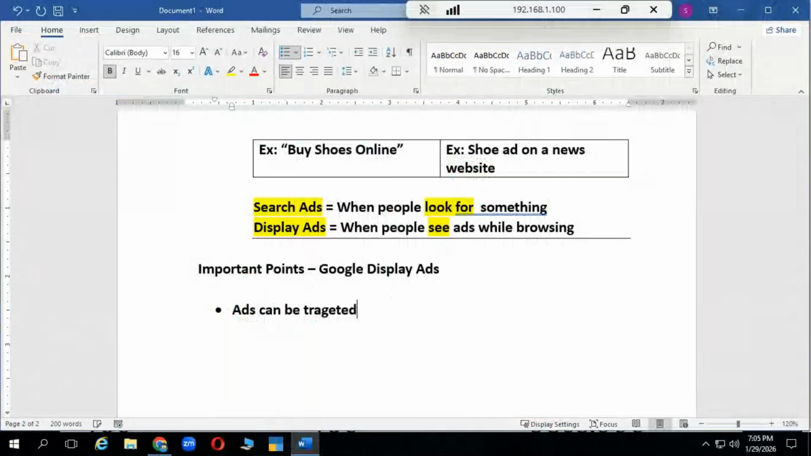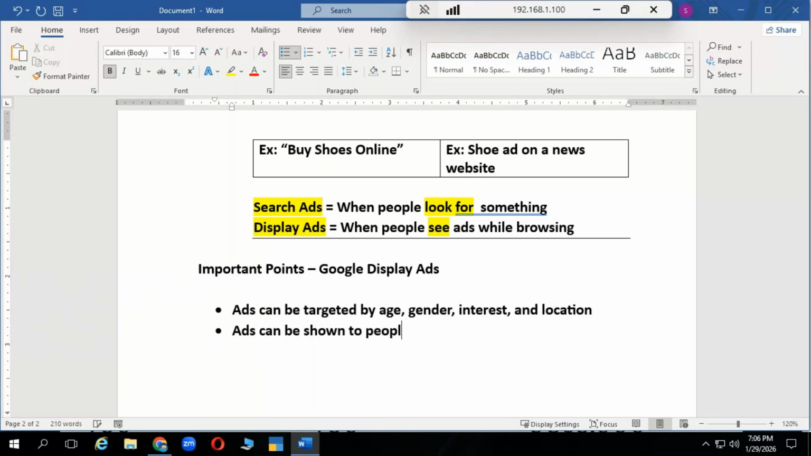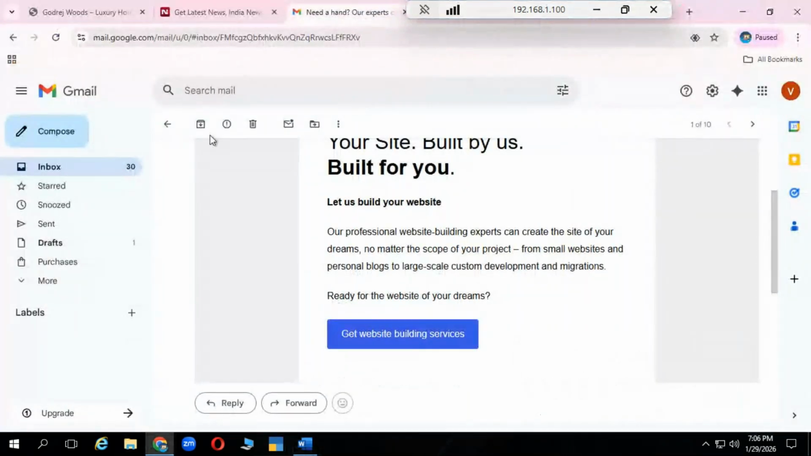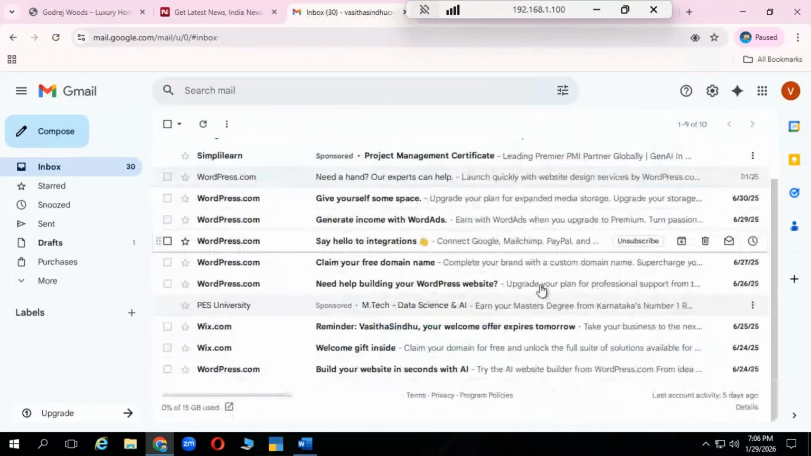So ads can be targeted by age. Then it can be used by gender, interest, and location. Okay. So next, ads can be shown to people who visited your website before. So as I have given you the example, again if I come back over here,